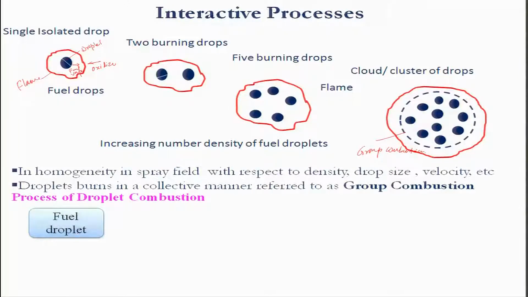Once this fuel droplet is there, what you need to have is heat from the flame surface. If there is a droplet here, there should be some ignition source you will have to give, so that the heat will be coming out. It will be getting into this droplet, like let us say this is the heat source. So, some heat has to get in. Why is it required? Because it has to evaporate, it has to vaporize the liquid droplet.